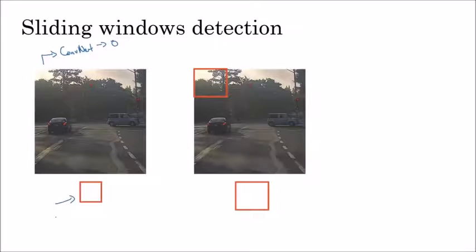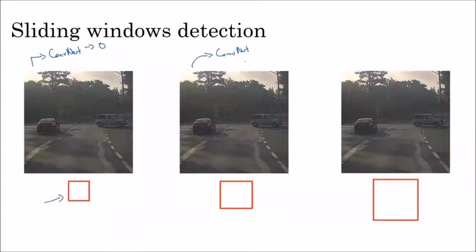Later, we are not satisfied with this small window, so we extend the window size. We take a big window and do the same process again. Every time we give the window output to the convolutional neural network, and it predicts whether a car is there in that window or not. Next time we take a slightly bigger window compared to the previous 2 cases. This time also we perform in the same way and check whether there is a car or not.